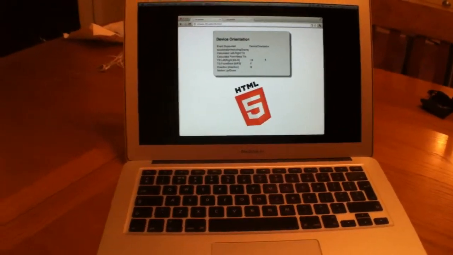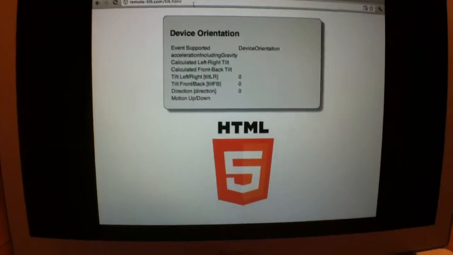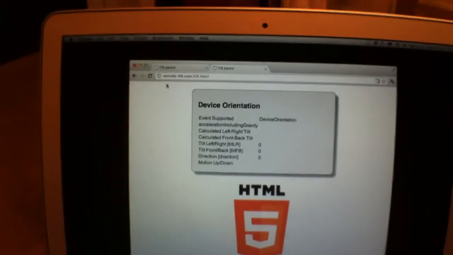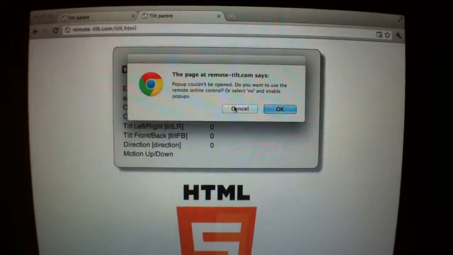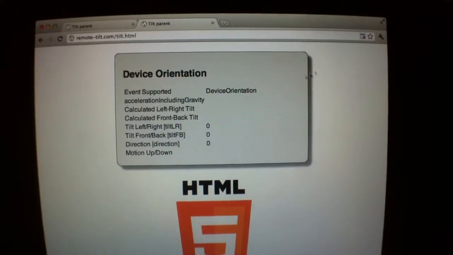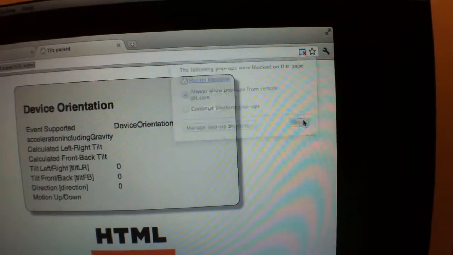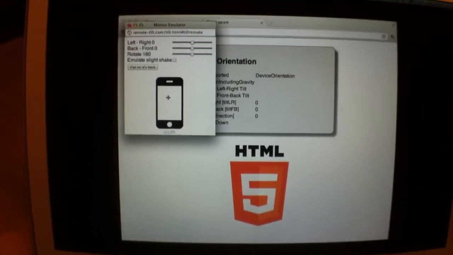Now, if you don't have a mobile phone that has an accelerometer or gyroscope on board, you can actually just use the pop-up that comes with this polyfill. So here Chrome has blocked the pop-up. If I just refresh this page, this is the pop-up it gave me when it asked if I want to use my phone. I hit cancel. I'm just going to enable pop-ups and refresh that. You can see a pop-up has come up here, and I can just use the mouse